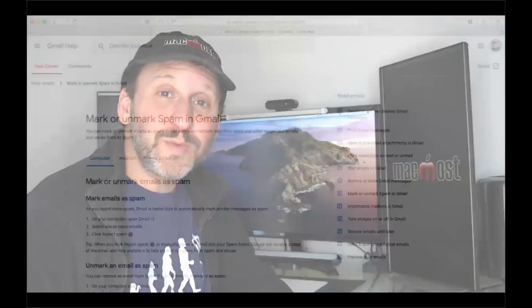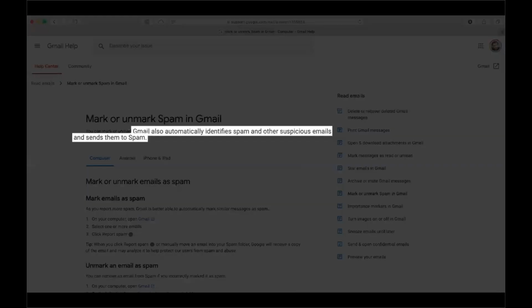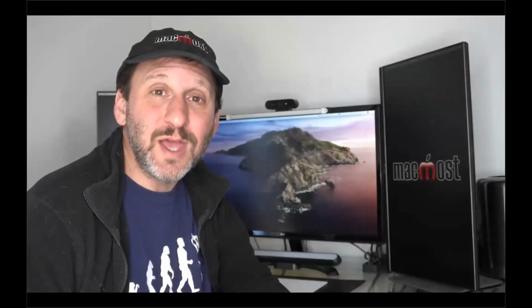The first is Google, also known as Gmail. Google does a fantastic job filtering out spam email. They are such a big email service provider that it's easy for them to identify spam coming in and stop it before it goes to everybody's inboxes. And these aren't just at gmail.com email addresses, because you can use your own domain with Google. They have a premium service for that, and that would use the same spam filtering as gmail.com does.